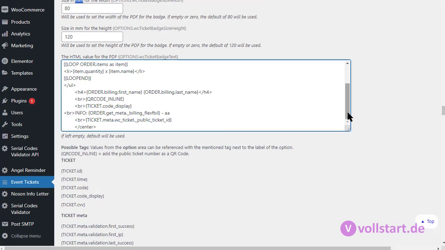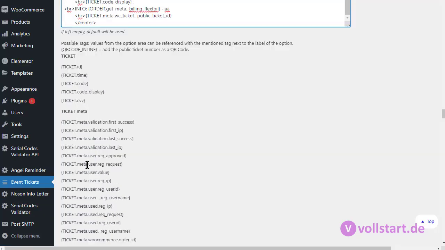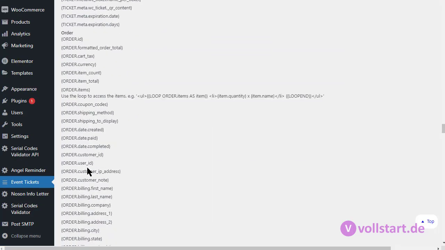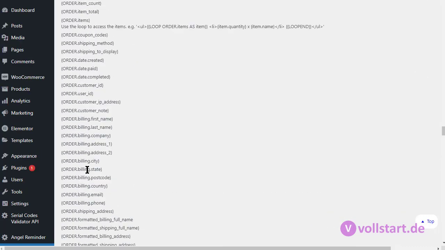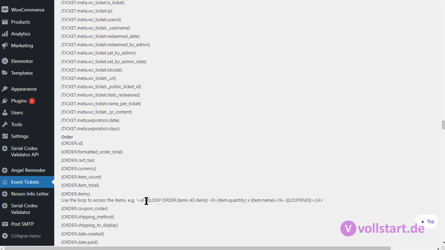You can add images. The images do not need to be local. If you add images, I recommend using a fully qualified URL. This means the full URL to your image, and it will be embedded into the PDF. These are the tags you can use. Just the order, billing, first name will be added in here, and I added a lot of these possible elements. You see them here. Just copy paste, enter them. There's a loop option